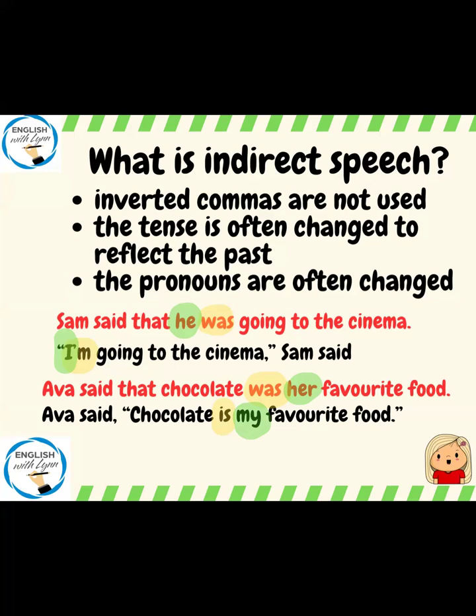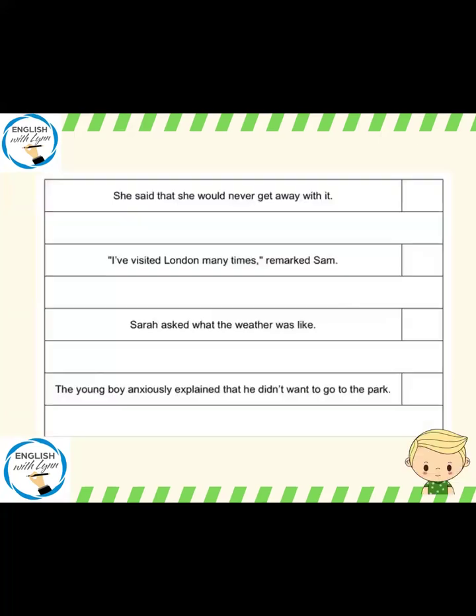And I think that we will have a go through some of these together just so that we can spot how we are switching sentences from either reported speech into direct speech, but also from direct into reported. Okay, so let's have a look at some of the sentences. So, she said that she would never get away with it. I'm looking at that. I can't see any inverted commas, so it must be that it is reported or indirect